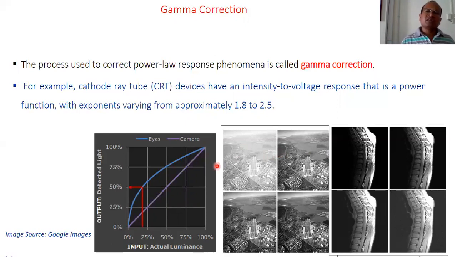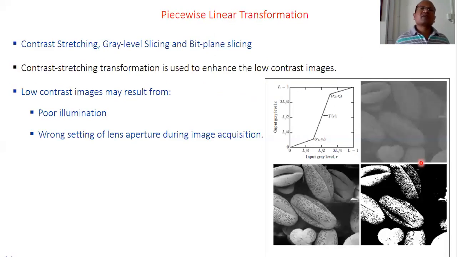So these are examples of gamma correction. There is one image. You can see that after correcting using gamma correction, the pictures are looking much better. More details can be seen in the second, third, and fourth images in the first example, and similarly in the second example also. Generally, when the aspect ratio is imbalanced, because of improper aspect ratio we are not able to see the picture with more clarity. There we use gamma correction.